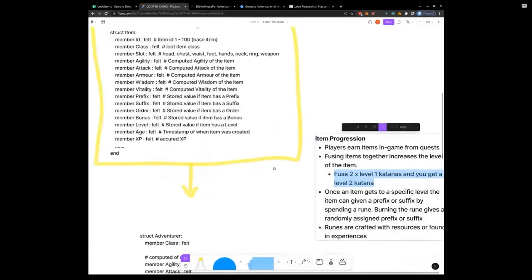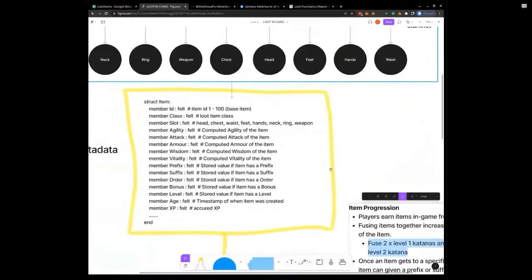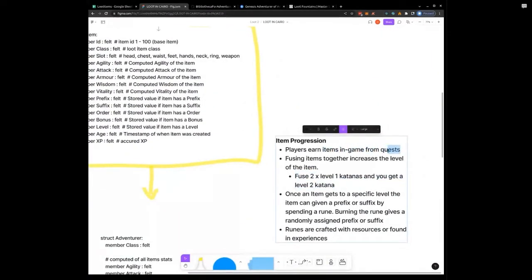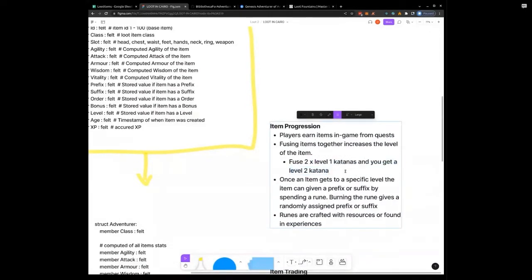So they get inflated by the distillation, and they also get inflated by earning them in quests, and then players can fuse them together and level them up. And so it creates this like permanent sink. It's kind of like the gem compression in Diablo. And so you can imagine this just keep leveling up to like